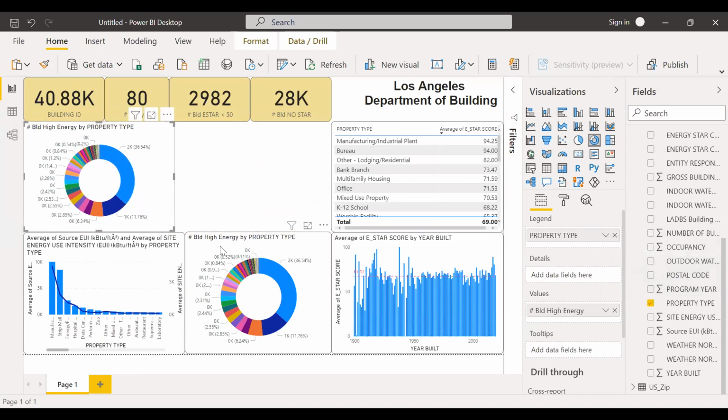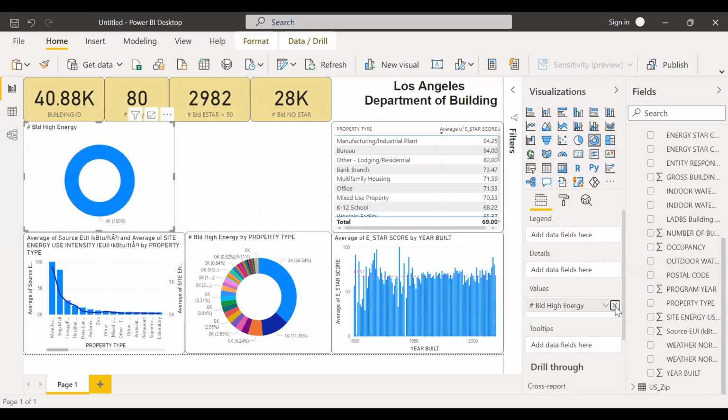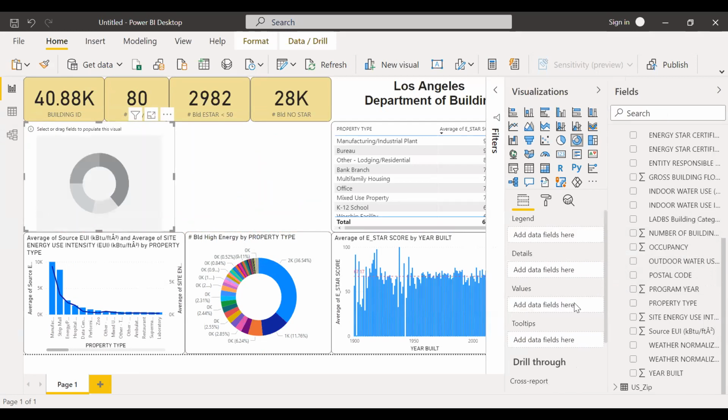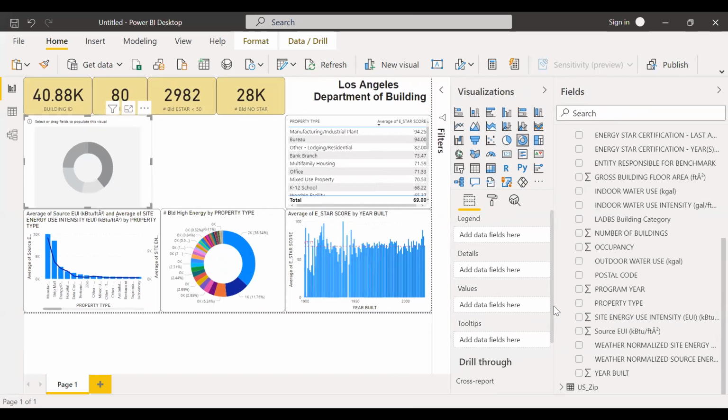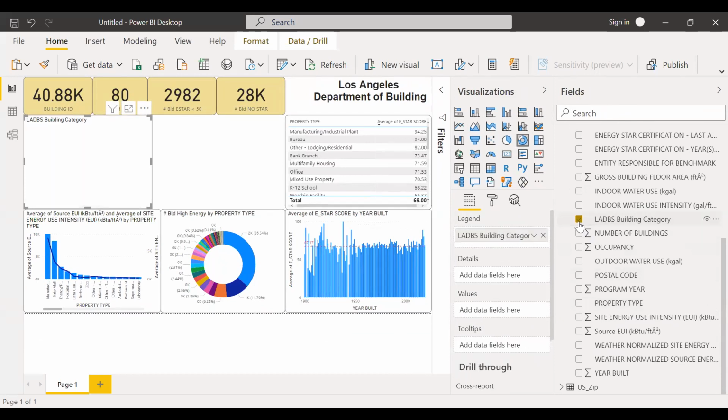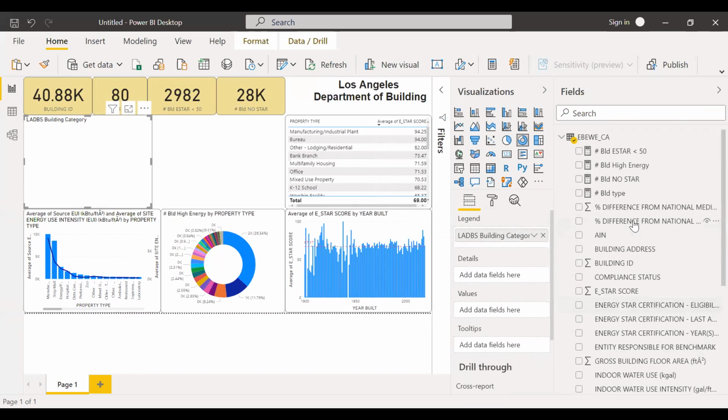Okay, so same thing, we remove data, and we have to show the building by area, this one, and so the number of buildings